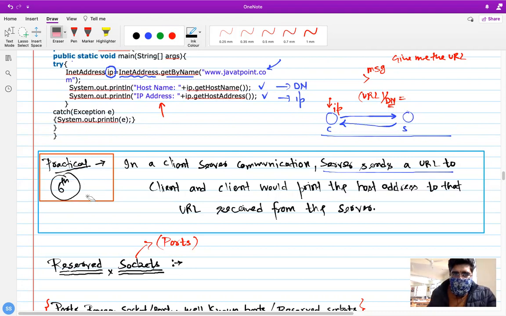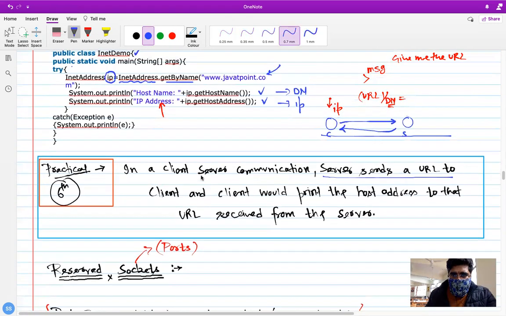Okay, so you can note down that at some point of time, maybe after the multi-threading environment where many clients can connect with the same server, we will do this practical as well. I think this would be the sixth practical, if that would be the fifth. So this is all about this InetAddress class.